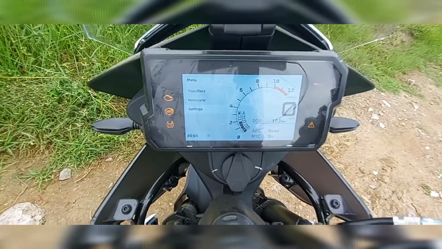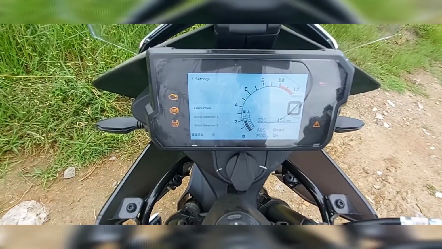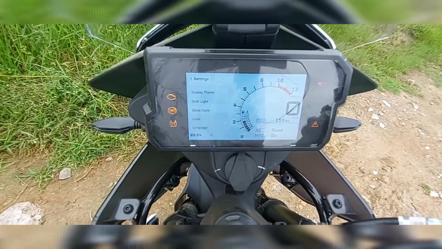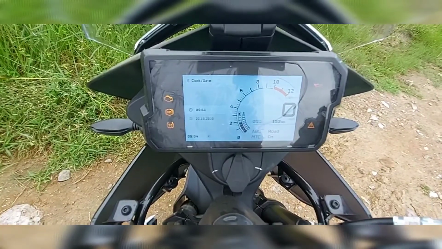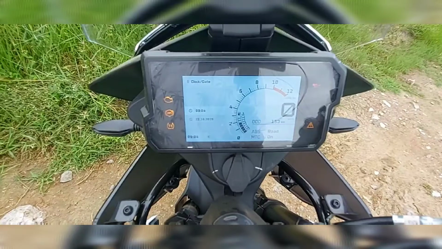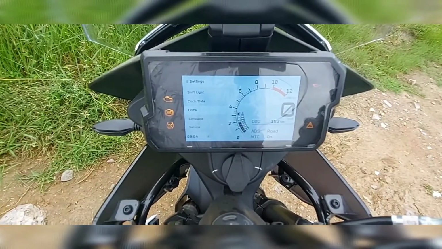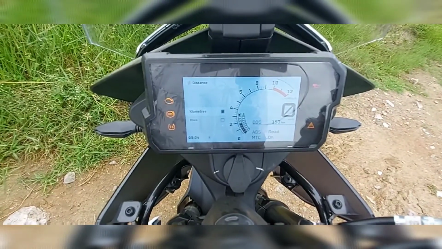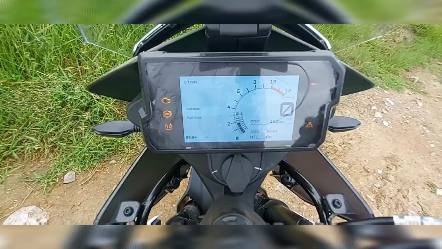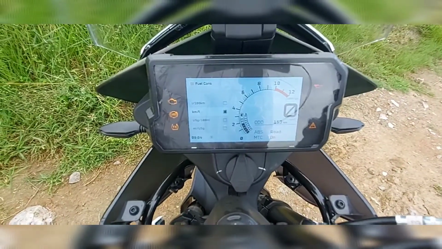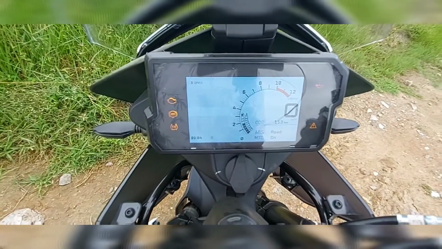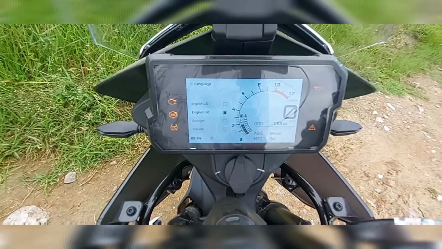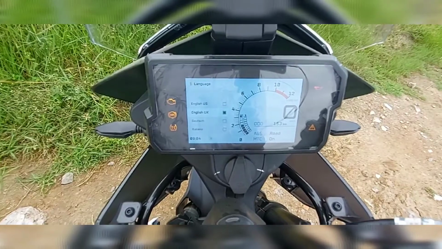And then settings, you have favorites, quick selector 2, Bluetooth, display theme, shift light, clock date. So clock date shows the current date. You can set the current date and time. And units, so you can set the units here for distance. Now it is kilometers, so if you want miles, you can do that. And then the fuel consumption, it's kilometer per liter, or whichever unit you prefer. It's better to have kilometers per liter for our Indian conditions, right? And language, so English UK, English US, Dutch, whichever language you prefer.